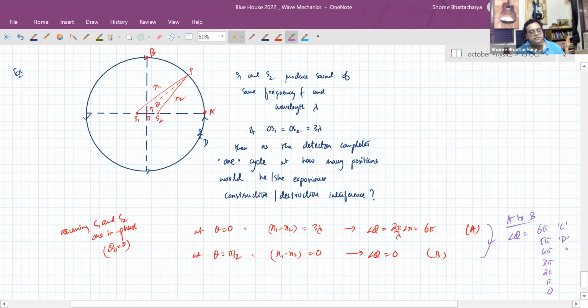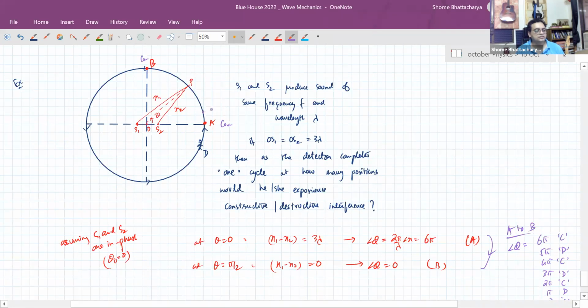This is destructive interference. This is constructive. This is destructive. This is constructive. This is destructive. This is constructive. So there is constructive interference here, and constructive interference here, but in between there is destructive interference somewhere, then again constructive, then again destructive. So the phase difference is going from 6 pi to 5 pi to 4 pi to 3 pi to 2 pi somewhere, to pi somewhere. Again, on this side also it will be the same. So you can see that there are